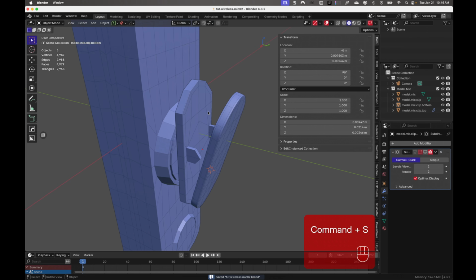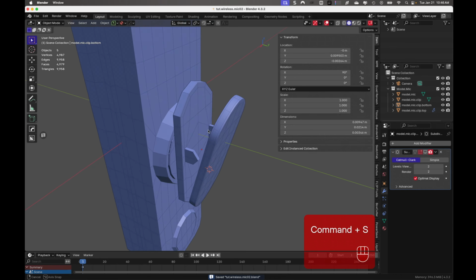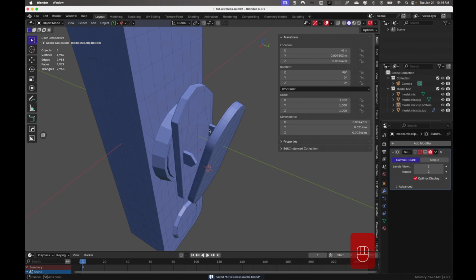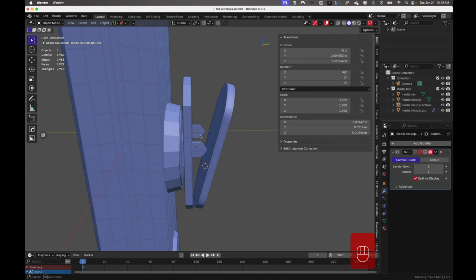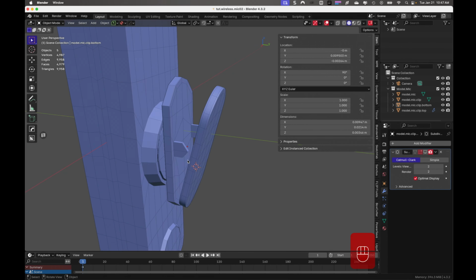Let's save our file. And then what we'll do next is we're going to go ahead and make these little pieces right here for this top clip, and then try to align it to where they're going to be touching. And then we'll go back in and do support loops, bevels, and that sort of thing, so we can restrict